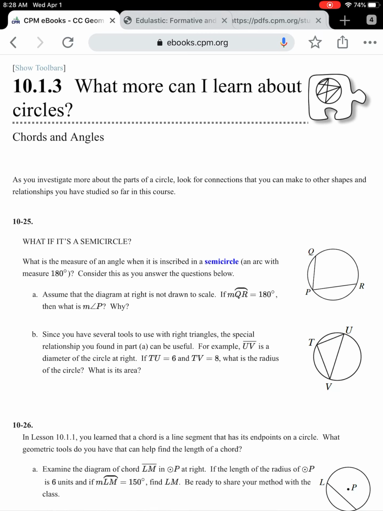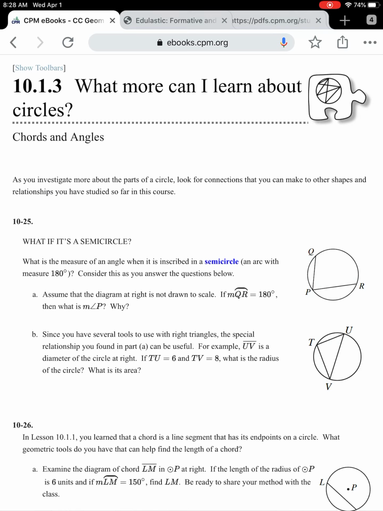we can use the relationship between an inscribed angle and the arc it opens up to find that the measure of angle P is 90 degrees. And that's because our inscribed angle will always be half of the arc that it opens to. So we've got that relationship, and that's an important one because it turns out that an inscribed angle that opens to a semicircle will always have a 90-degree measure, which creates right triangles that we can use,